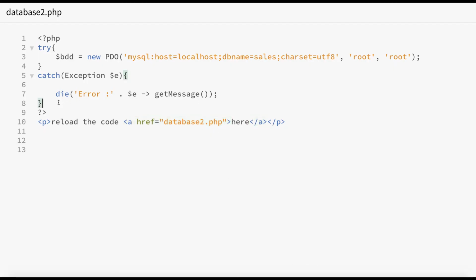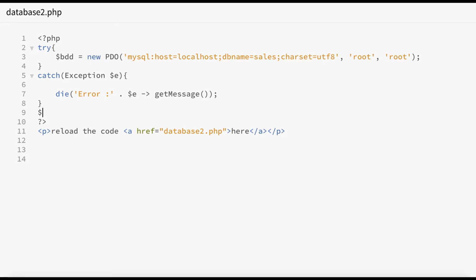So let us write the command to the object BDD. I ask the execution of, we write the SQL command, update, and now we write the name of the table, games. Having written the name of the table, we now have to set what we will change.